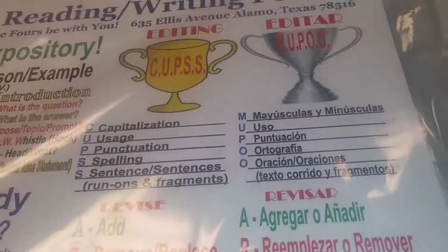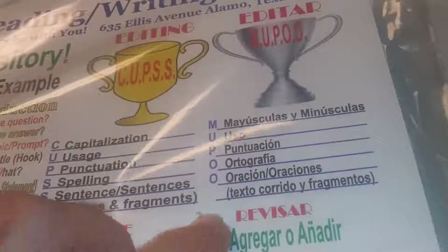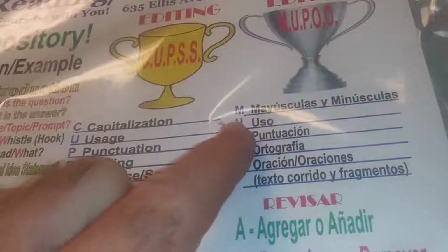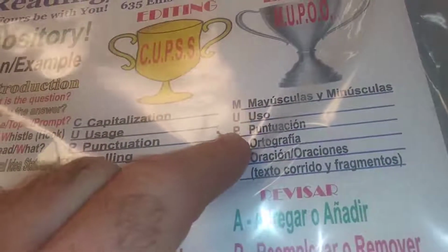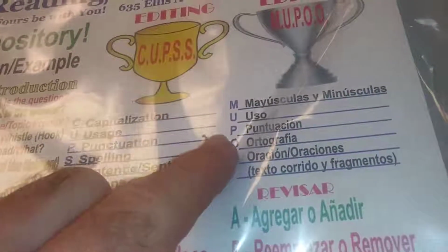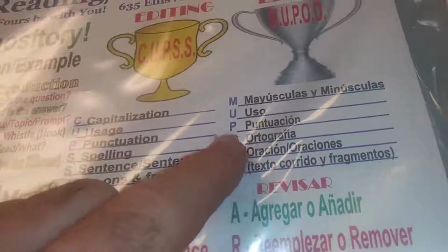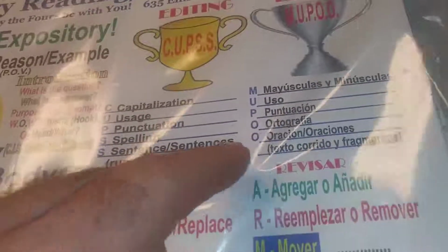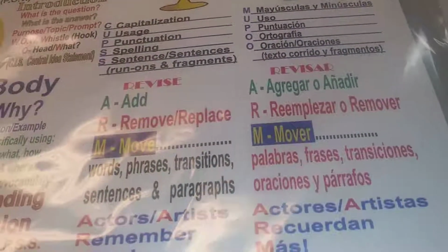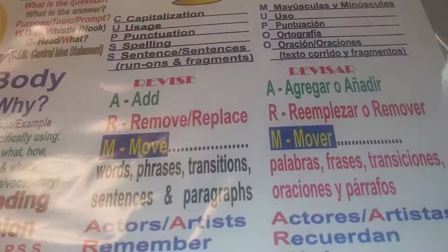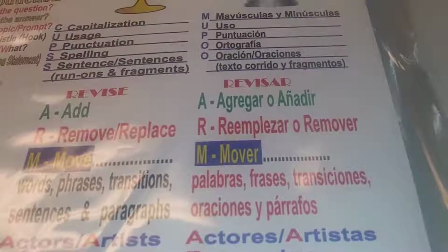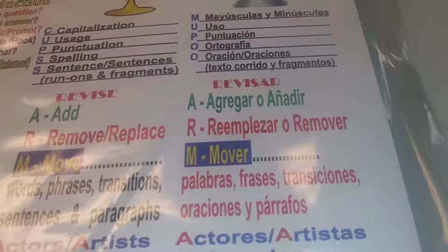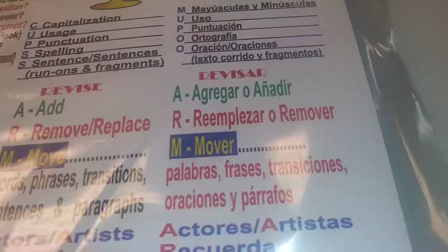And remember that when you have a sentence that's got great capitalization, great usage, great punctuation, but really bad conventions in terms of the spelling or run-ons and fragments, then you get what the last three letters stand for there, which is POO. The Spanish version of A.R.M., because we've already just learned the English, is agregar o añadir, remover o